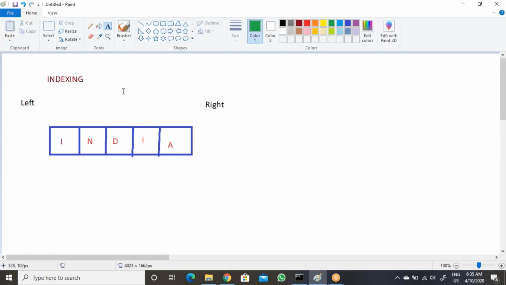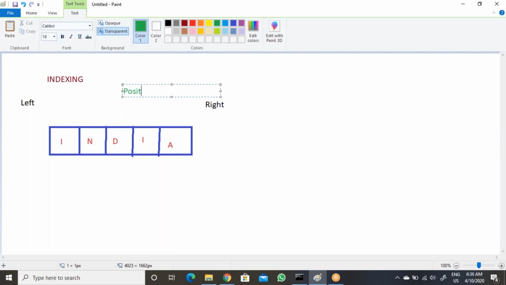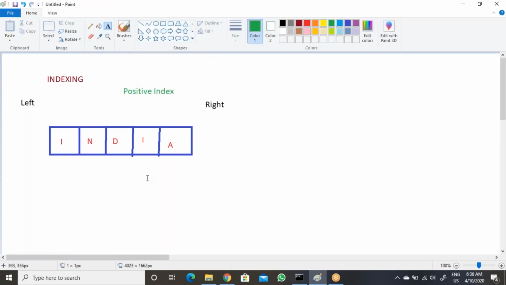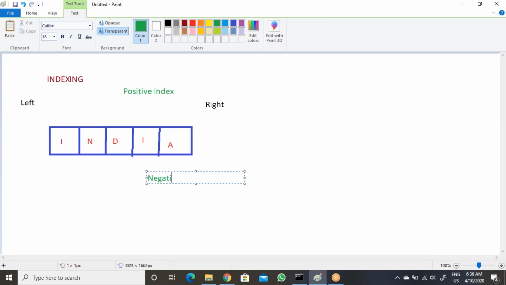So we have two types of index. The first one is the left side, right? And this will be the right.